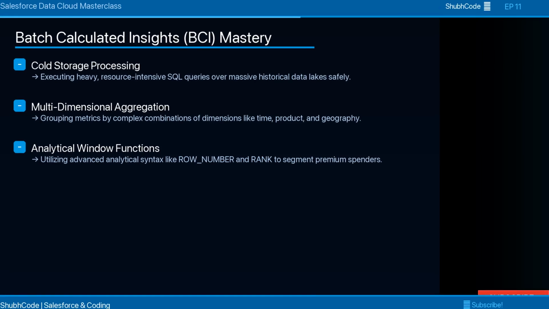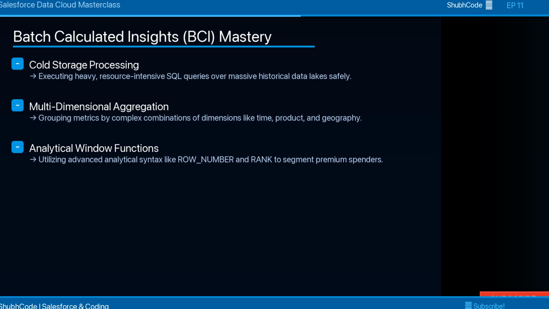Now, let's pivot to batch calculated insights, or BCIs, which excel when you need to calculate deep, multidimensional historical metrics. Imagine calculating a customer's lifetime value across different product categories, regions, and seasons over the past 5 years. This requires processing petabytes of cold data, utilizing advanced SQL functions like partition by and nested subqueries. BCIs calculate these complex metrics on a scheduled basis, writing the outputs directly into dimensional DMOs that act as pre-computed